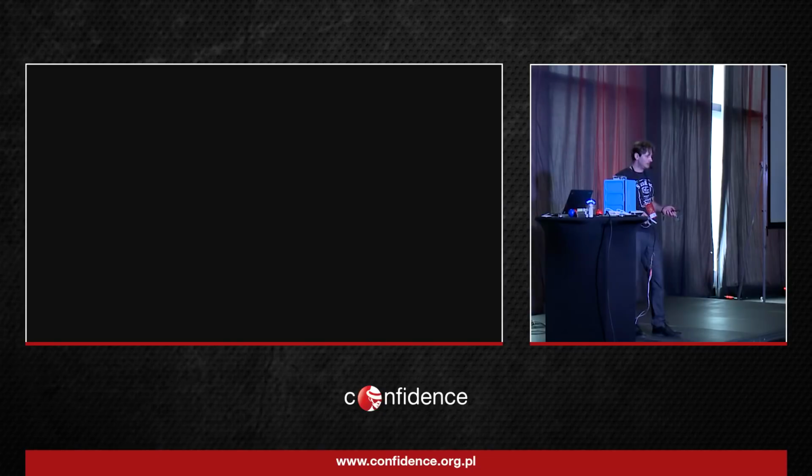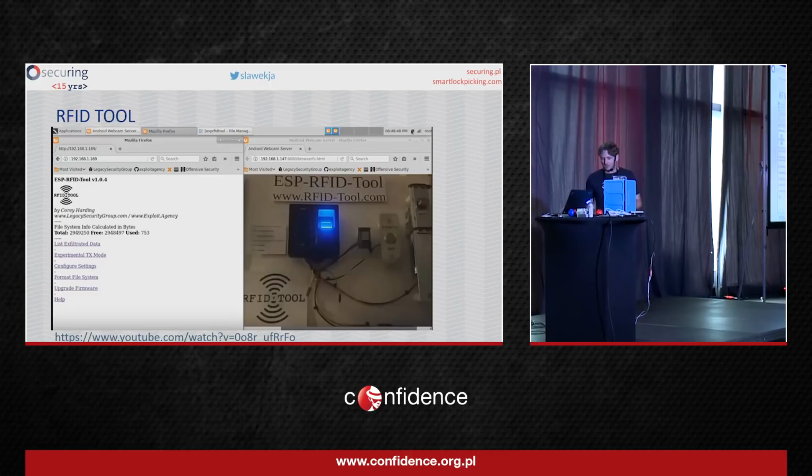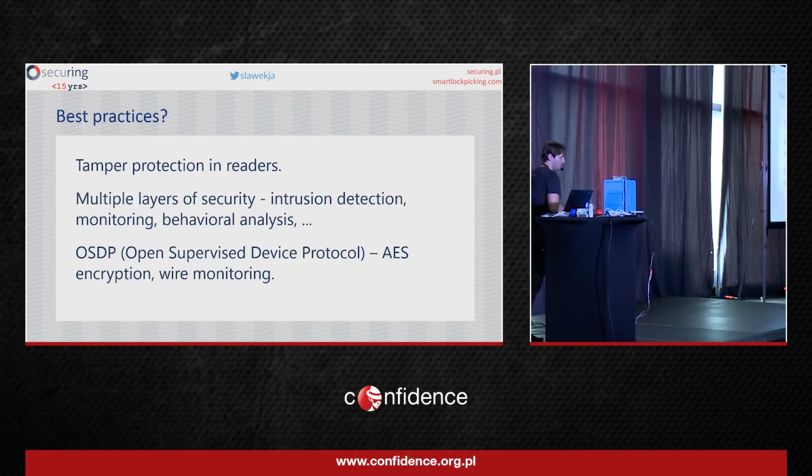To this one, you can connect using Wi-Fi. So it's just its own access point, and you can just download all the collected credentials. For that, I would advise to use tamper protection, because most more advanced readers have tamper protection wires, but